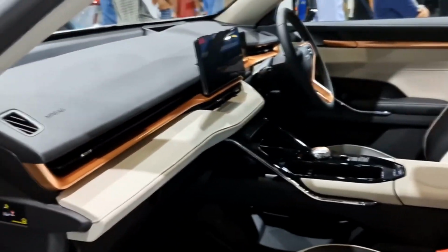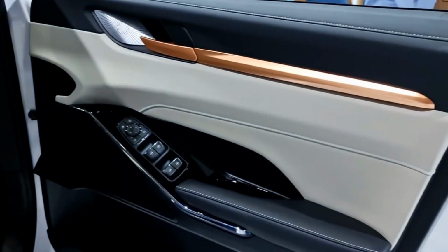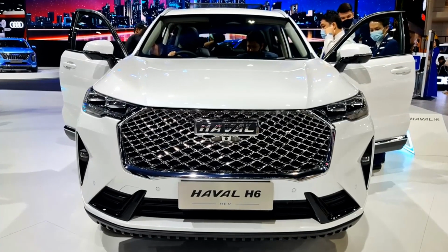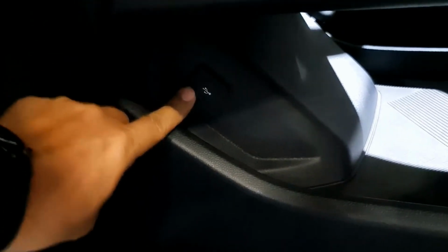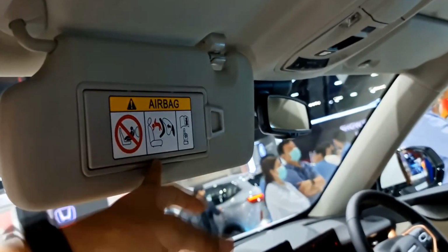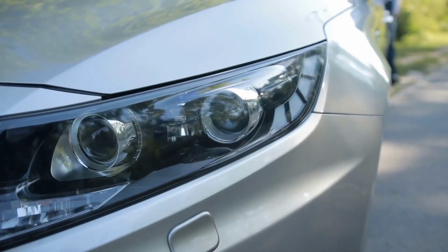At first glance, the new model appears to be a much more modern design than the model it replaces, with plenty of exterior chrome highlights, full-body colored bumpers, mirrors and door handles, and a very on-trend full-width LED light bar at the rear. The H6 comes standard with 18-inch alloy wheels, keyless entry and push-button start, single-zone auto air conditioning with rear air vents, LED headlights and taillights, auto lights and wipers, cruise control, electric park brake, and a rear-view